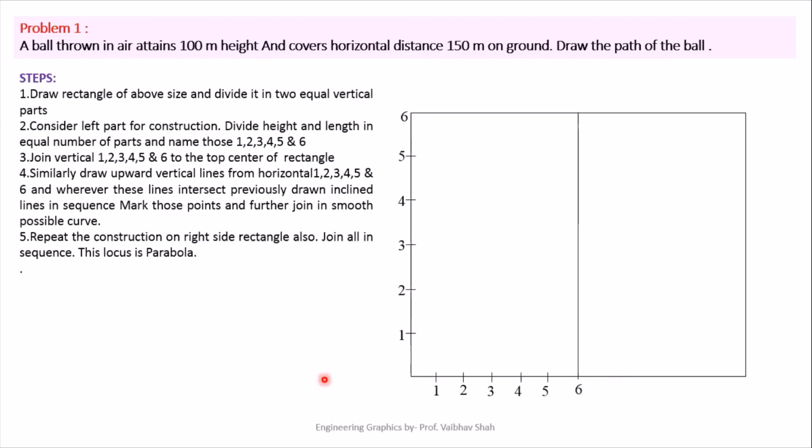After that, what we'll be doing is we'll be drawing a line from this point 1 connecting to your vertex point here, and similarly we'll be drawing straight lines from 2, 3, 4, 5, 6 which will be connecting to your vertex point somewhere here. So let us draw a line from each of the points. So from point number 2 we'll be drawing one line, point number 3, point number 4, point number 5 to your vertex point. So this is your construction on the left hand side.